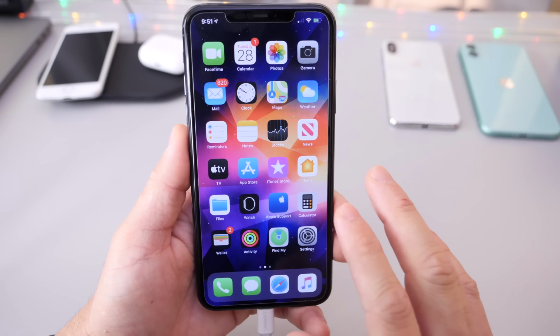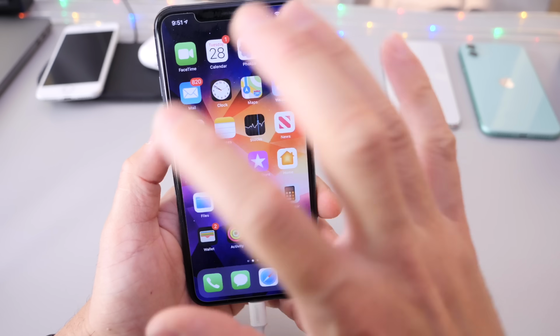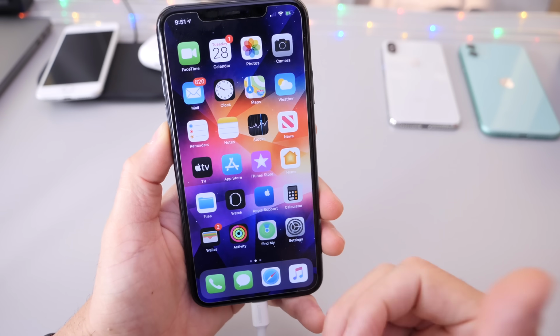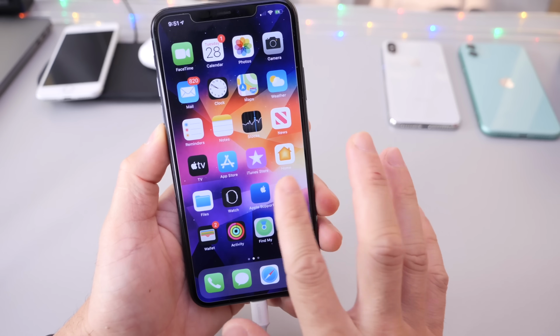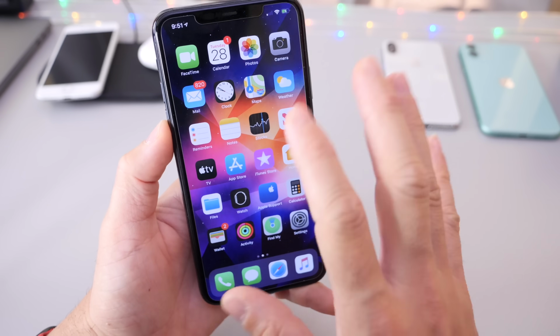This one can be useful for two reasons. Number one, you can actually prank someone with this one. If they leave their iPhone unlocked, you can lock it in place. Or number two, if you leave your iPhone accidentally laying around unlocked, no one can browse through the pages and see which apps you have installed. So let me show you how you get this one to work.